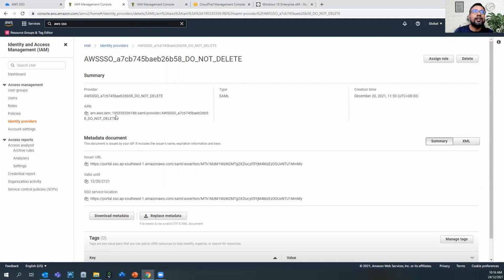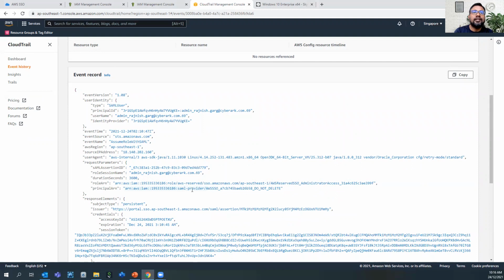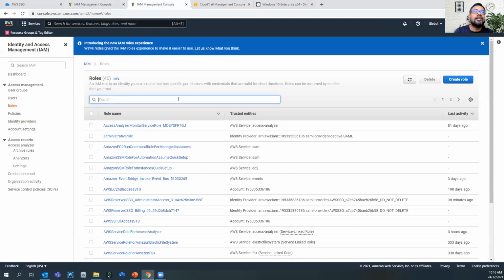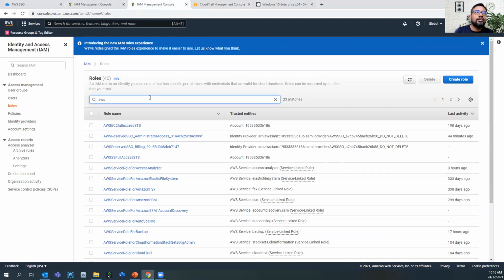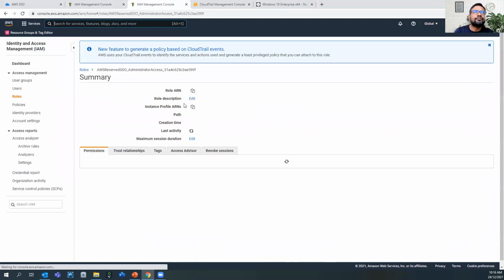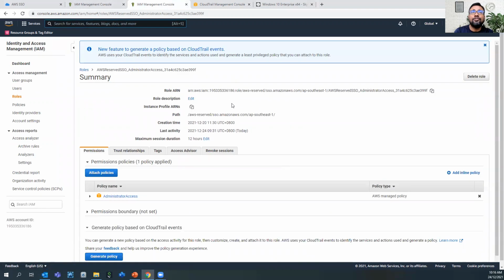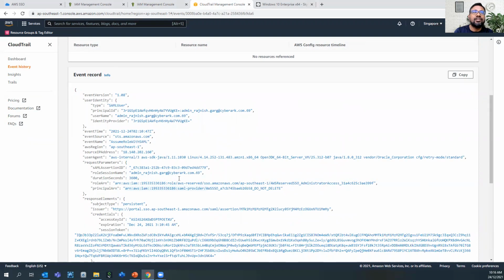In the IDP, you are able to see your ARN, and this ARN will match what we are able to see in the AWS CloudTrail event. Apart from that, if we go to the roles and want to match the entire role ARN, you are able to see the entire role ARN matches what's been provided here.